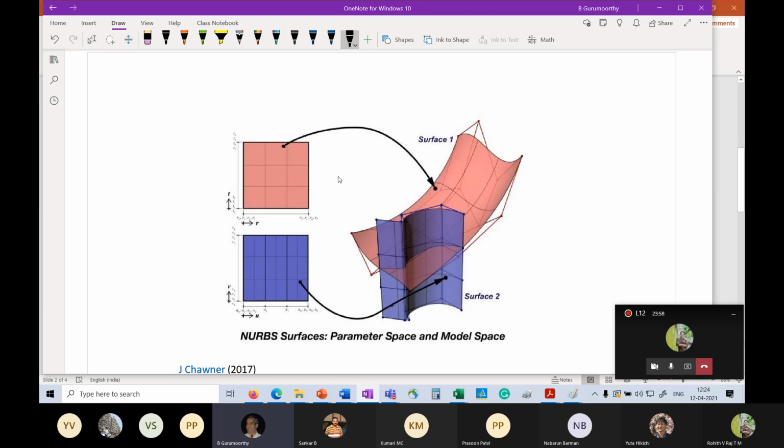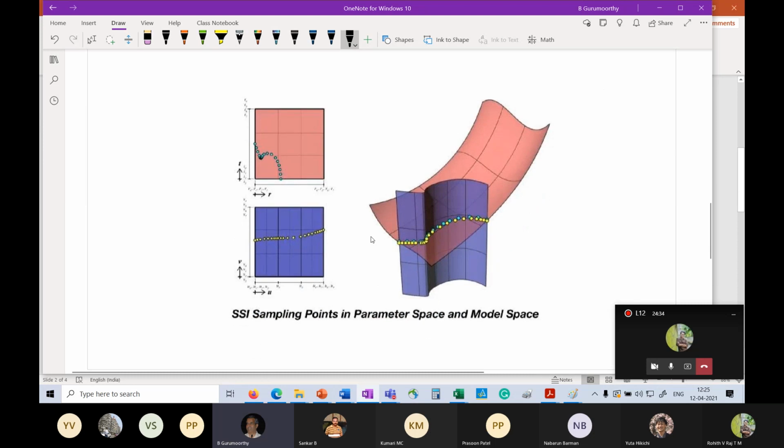Now, what we did, remember, was that we said S1 equals S2, and we discretize one and then find points. The net result is that I get a set of points, in this case, which are R star and T star for one surface, and U star and V star for the other surface. That's what I get from solving this. By fixing one, I solve for the others and I get that. That's how you get the solution. We have seen this.